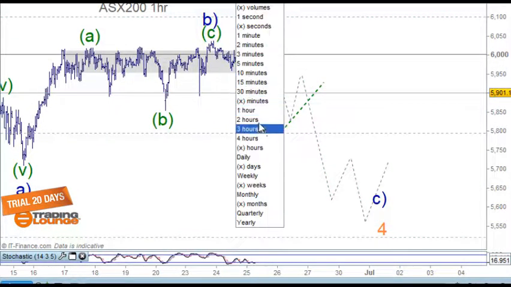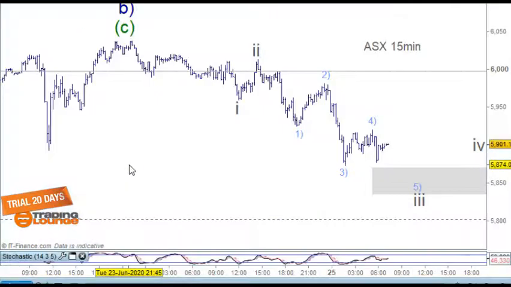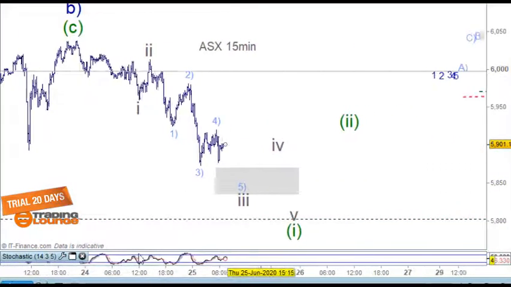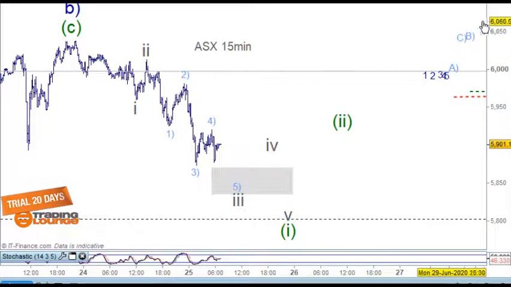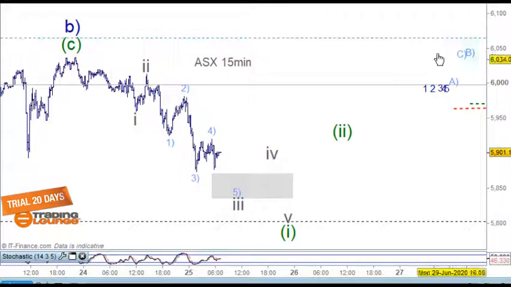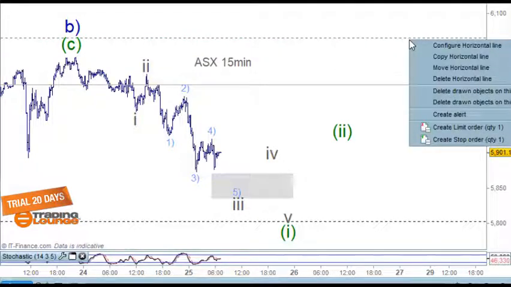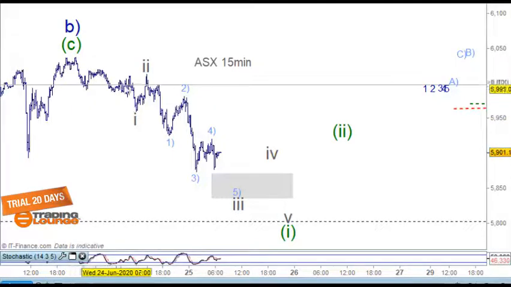Let's just go to the 15-minute chart here. This is how I was counting the first 5 waves down from wave B up here. So 1, 2, 3, 4, 5 for 1, back for 2 here, then 1, 2, 3, 4, 5 for 1, and back for 2 here. I think that's correct because wave 2 is overlapping this one, so we can't call that. So it's the best count. Nice strong third of the third. Out of all of this structure, the third of the third is the strongest.